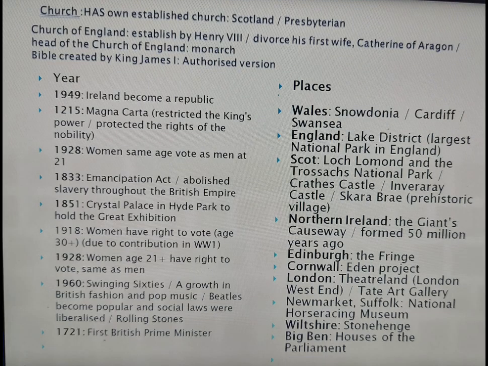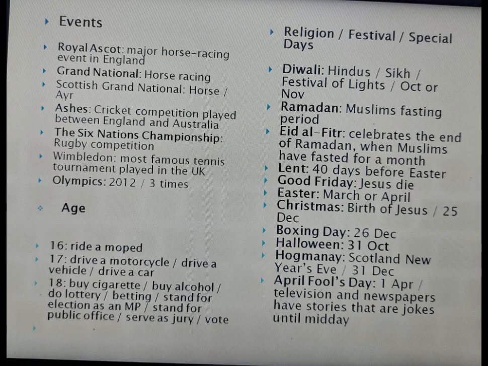There are some years, places and events here: Royal Ascot, a major horse racing event in England; Grand National horse racing; the Scottish Grand National horse race at Ayr; the Ashes Cricket Championship played between England and Australia; the Six Nations Championship rugby competition; and the Olympics, which occurred 3 times. And some religious festivals and special days: Diwali, Ramadan, Eid ul-Fitr, Lent, Good Friday, Easter, Christmas, Boxing Day, Halloween, Hogmanay,